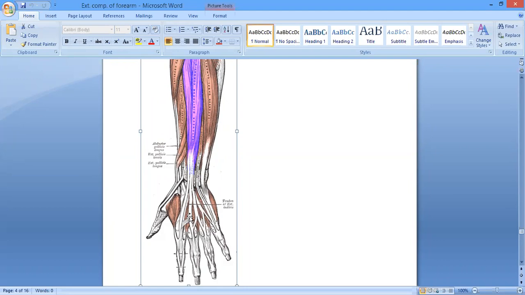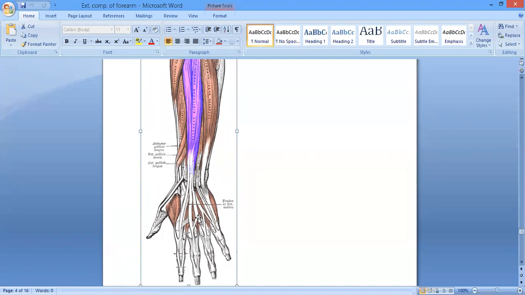And these three tendons to the second, third, fourth, and fifth fingers are going to be joined with each other with these fibrous bands. Because of the fibrous bands, they are also connected with each other. The third, fourth, and fifth fingers' tendons are going to be connected with each other with these fibrous attachments. Is it clear? Attachments are clear, no problems left?